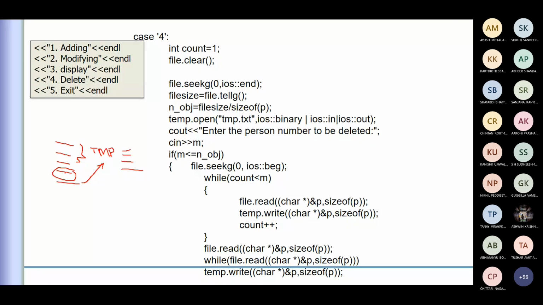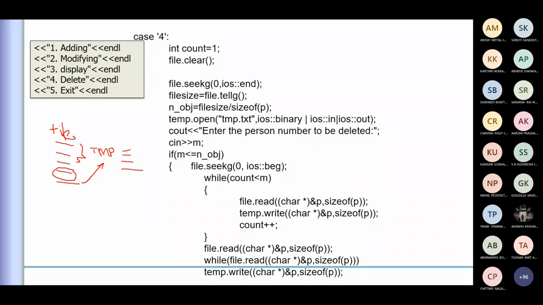Okay. So it will read the character where it is read. Now which file is this? It is record.txt, and this is your temp. Temp is nothing but a temporary file. So you're taking the content that is there in your file. Say, for example, your object is here, file. One pointer is file, another file pointer is temp. You're taking the content of the file and you're writing into the temporary. So until the third record, it is being written here.